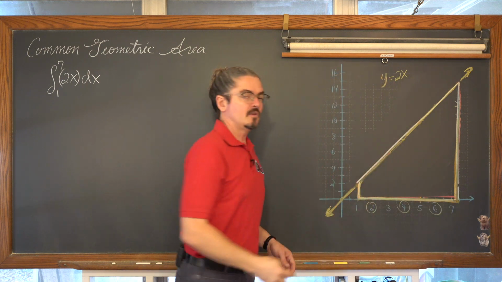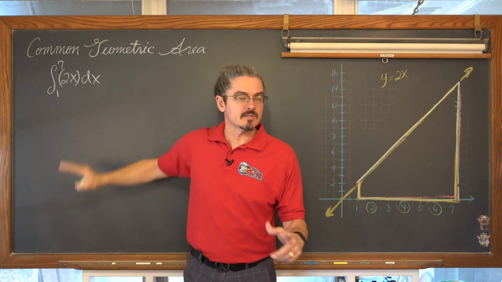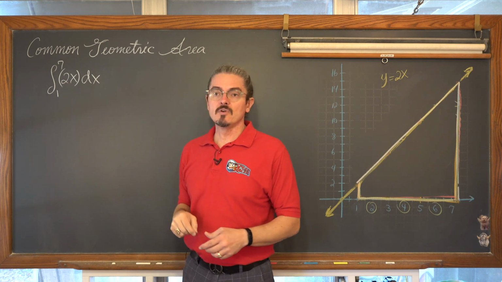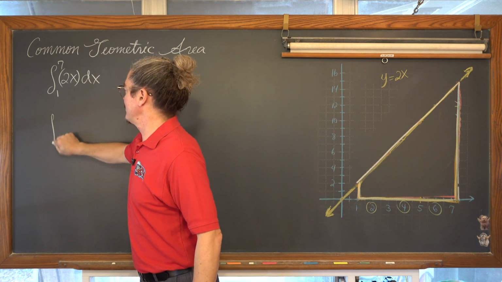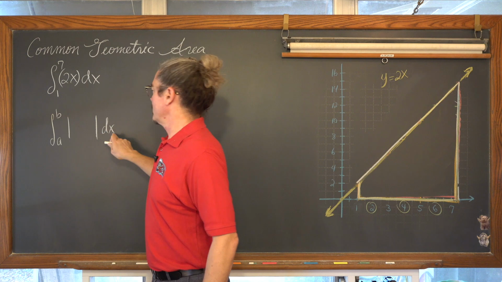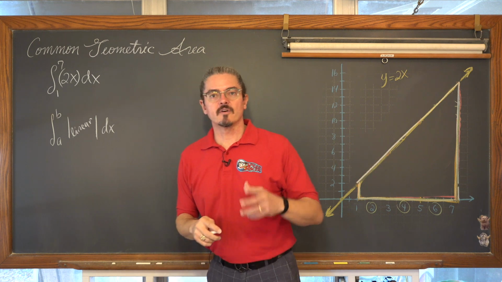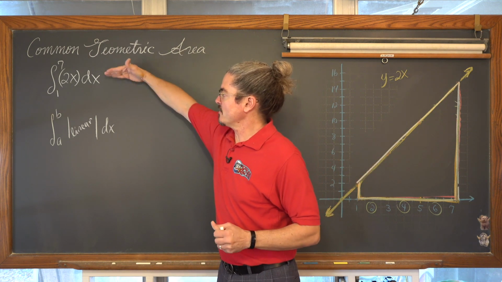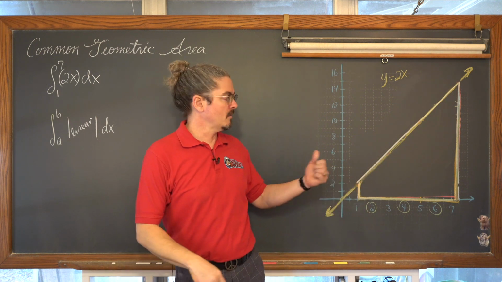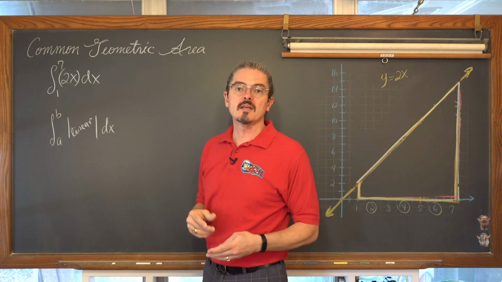You need to recognize that one application of definite integrals is to find area between a curve and the x-axis. If that function is linear, like y equals 2x, or maybe if you have a definite integral from a to b of an absolute value function, and it could be with respect to x or y, where the inside function is a linear function, these should both give you the idea that maybe you could evaluate this area with the area of a triangle or trapezoid formula, or maybe a rectangular formula.